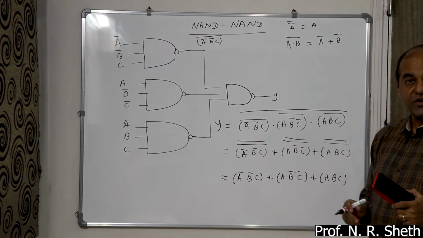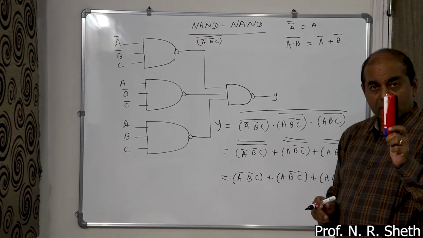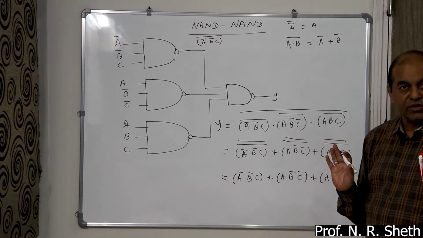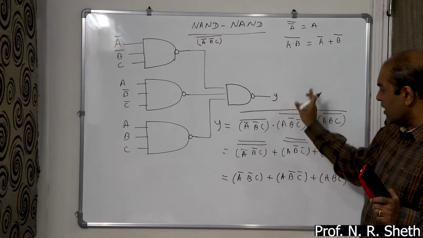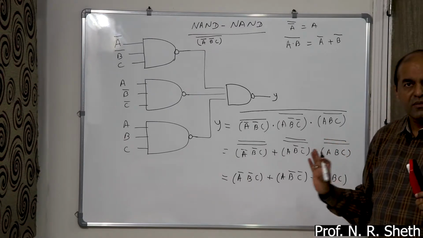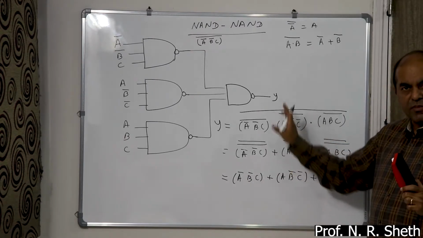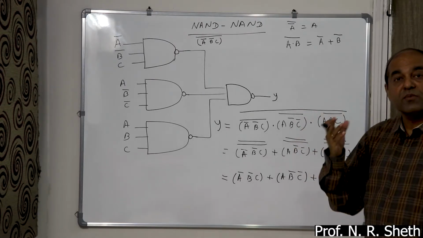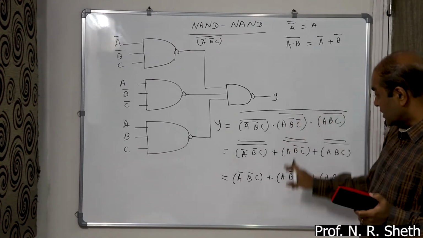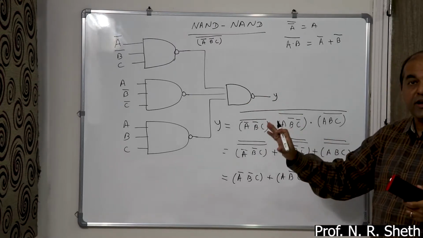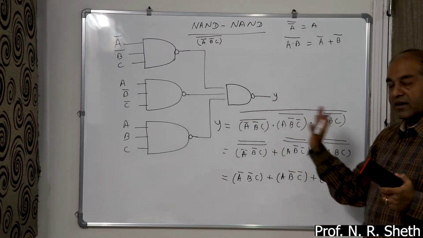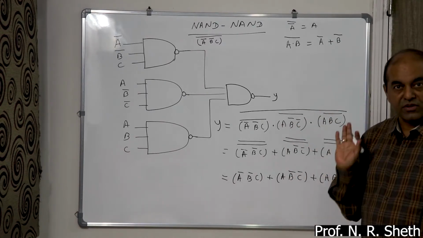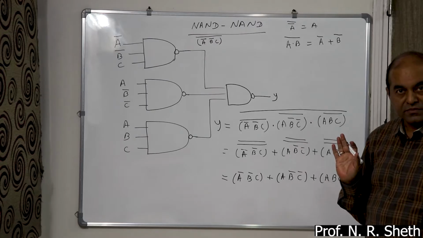So this is your equation. In the exam, it is not necessary to show all this calculation. Directly you can write down y equals this one. But this is for your reference, so copy down this part carefully. This is why De Morgan's theorems are useful. So this AND OR circuit is replaced by NAND gates, and y is a valid equation. Okay.